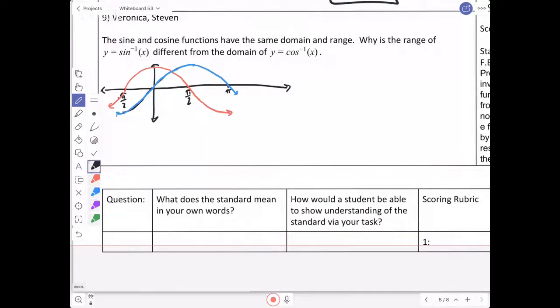Okay. To form an inverse function, or let's see, let's write it this way. For a function to be invertible,